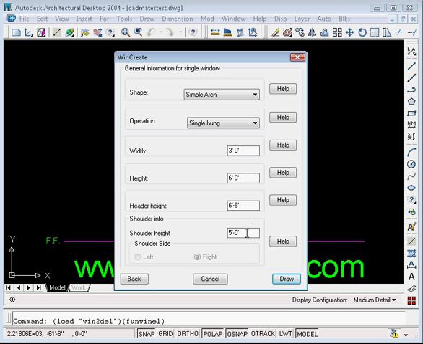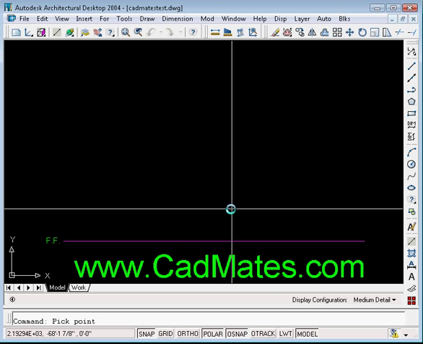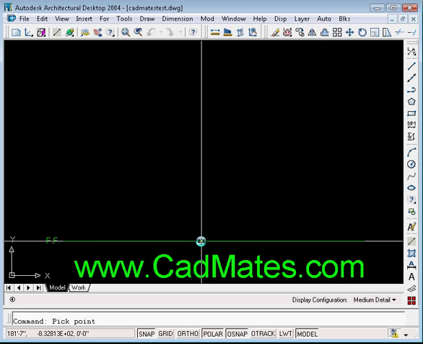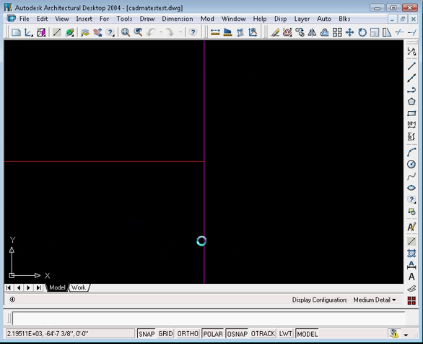The header height of 6'8". The header height's important because you'll be selecting your finished floor line. The shoulder height will be 5 feet. That's where the arch will start. The height of the window on a simple arch is the overall height. And if it was an asymmetrical window, you could either have the shoulder start on the left or right hand side. Alright, now you're going to be prompted to pick a point, and that'll be your finished floor line,